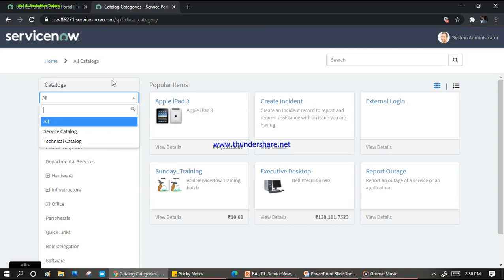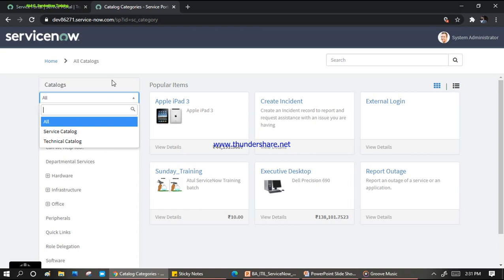Why? The reason is that the catalog did not contain any category and item. Will a restaurant person give you a blank menu? Never. Until at least one item is there, it will not appear. It will offer you something to choose, right? So this is the one reason why my catalog is not appearing, because that catalog did not contain any category, or I'll not say category, did not contain any catalog item.